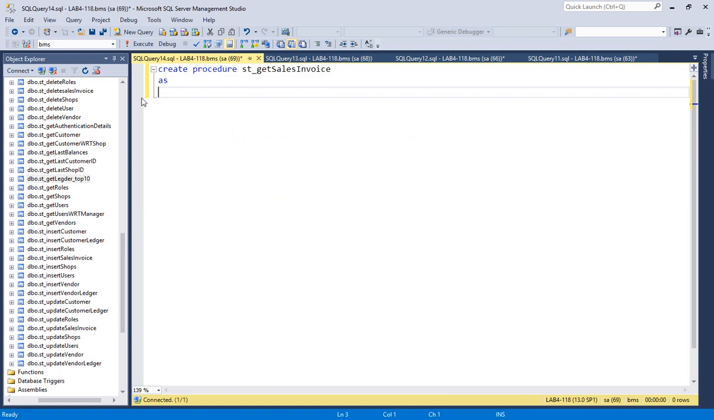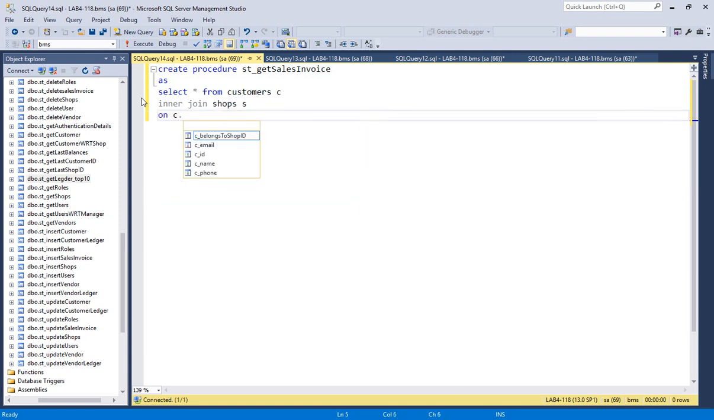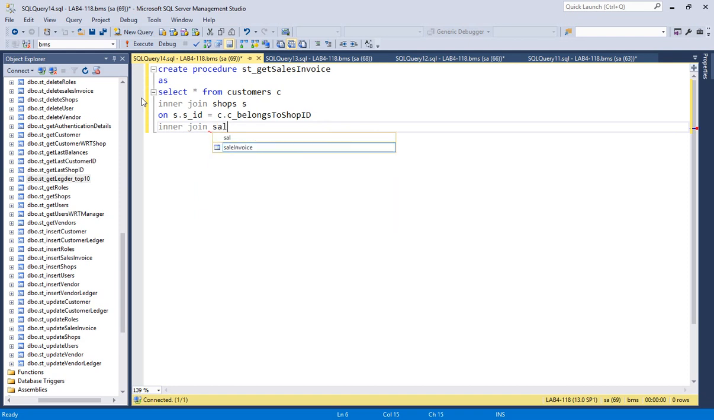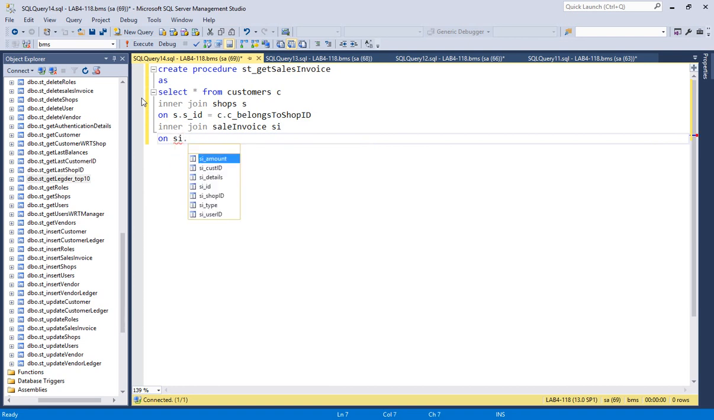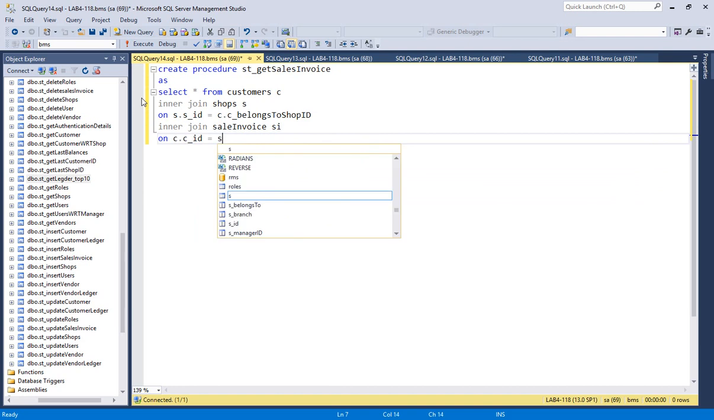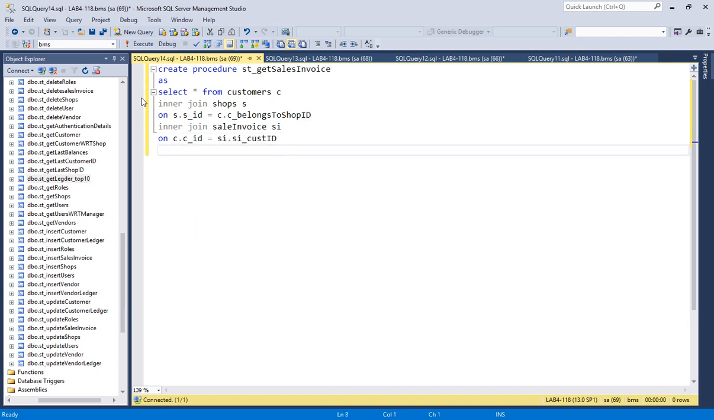Remove this code, select all from customers C, inner join shop S on C dot ID is equals to S dot customer ID, sorry, S dot ID is equals to C dot belongs to, inner join sales invoice SI on SI dot customer ID is equals to SI dot customer ID. Okay, and inner join